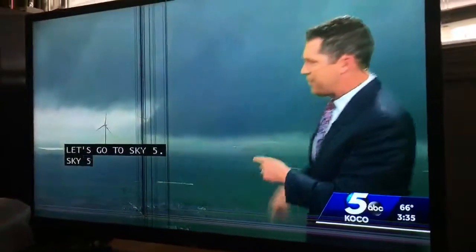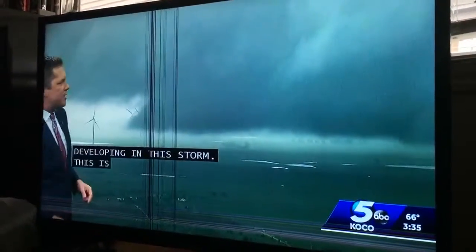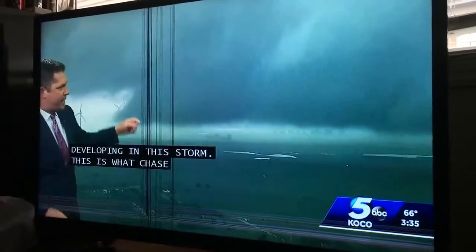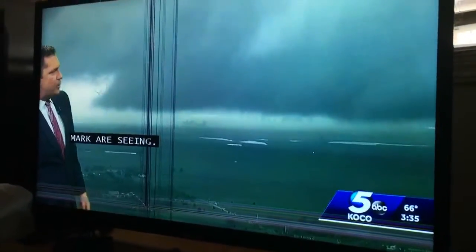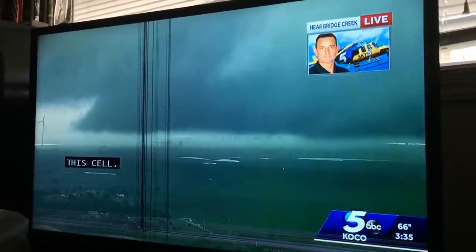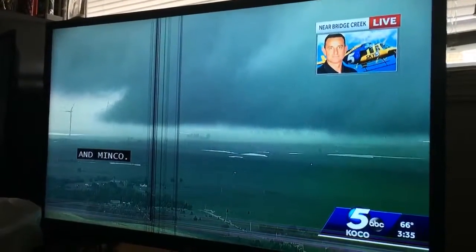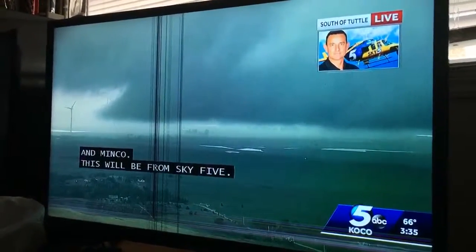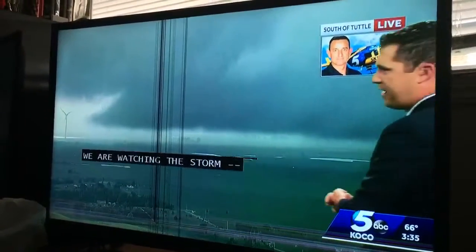Sky 5 is looking right here, and this is what Chase Rutledge and Sky 5, as well as photojournalist Mark Fricklin, are seeing. And again, it's this lowering that is coming in with this cell. They're currently going to be looking at the wind farms very close to Tuttle and Minco, and so this is going to be from Sky 5 and Chase Rutledge. If Chase is available to talk, I do want to talk to him real quick. Hey, Chase, we're watching this storm. Okay, we'll get Chase on in just a moment here, but this is the scene right now from Sky 5,